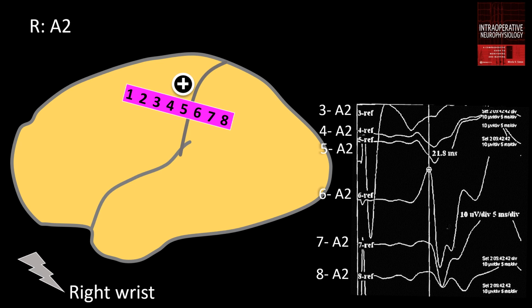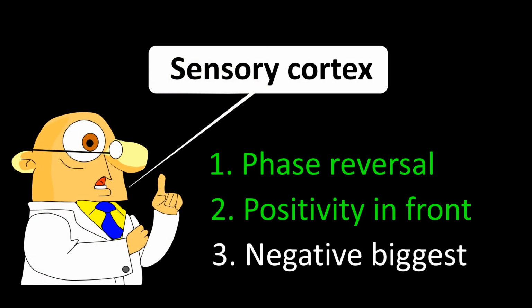Thus, the positivity on top of electrode 5 is in front of the negativity in front of electrode 6. So the second criterion is met,